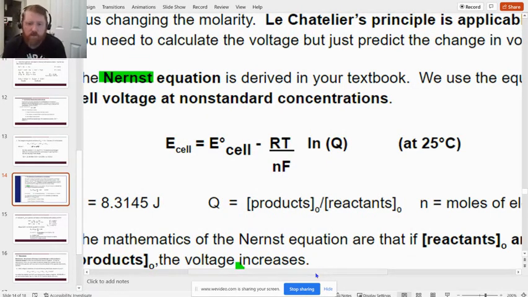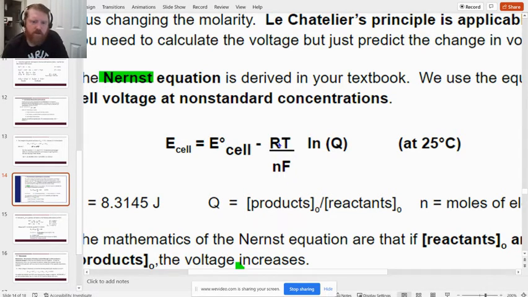Okay? If you were at 1 molar, first let's look at this equation. The voltage of the cell is equal to the normal voltage of the cell. Notice a little prime or degree sign, the perfect voltage as we've been calculating it the entire time. So the voltage of the cell is equal to the perfect voltage of the cell minus this combination of